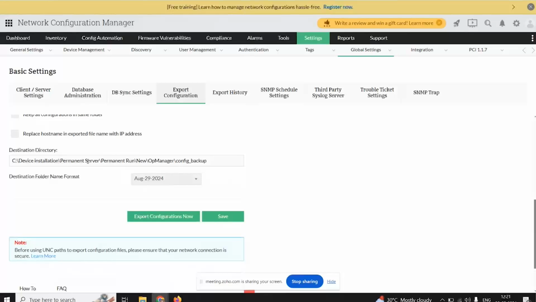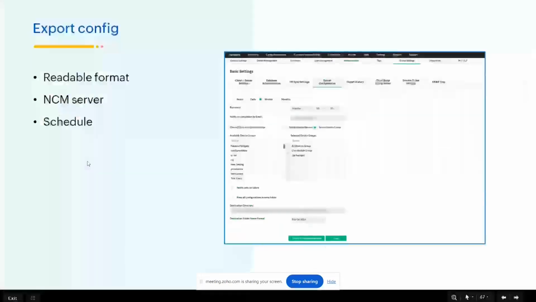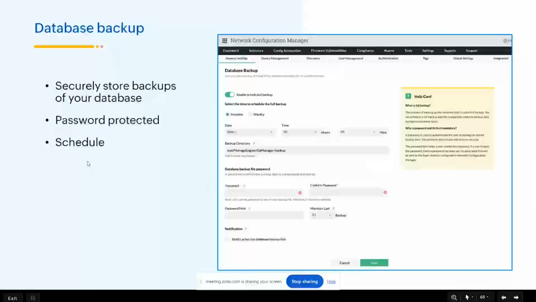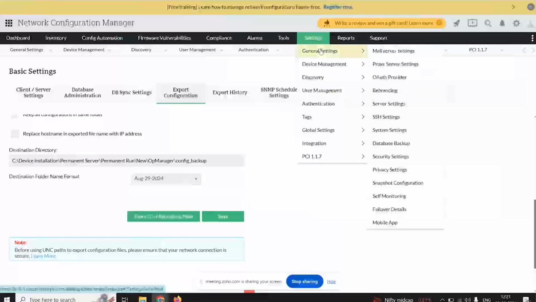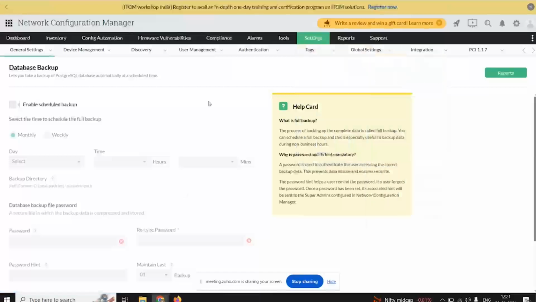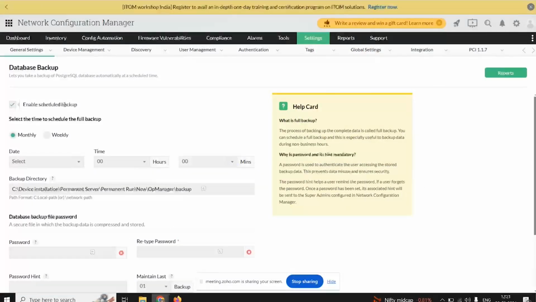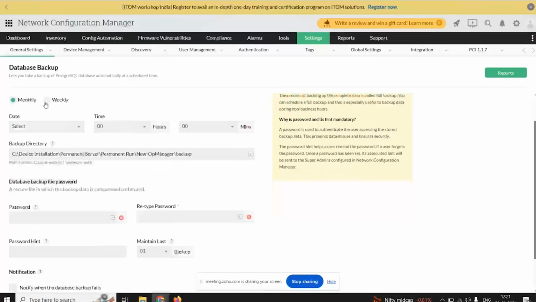So the next topic is the database backup. The database backup involves creating a backup of the network configuration manager's database. You can schedule this backup to occur monthly or weekly, directing it to a specific backup directory for future use. So let me show you this in the UI. Go to settings, and under general settings, you have something called database backup. Here you can enable the backup option, choose the frequency such as monthly or weekly, select the desired date and specify the backup directory